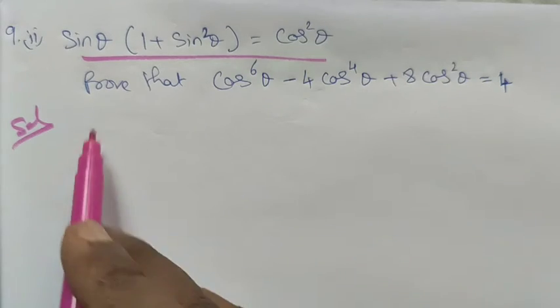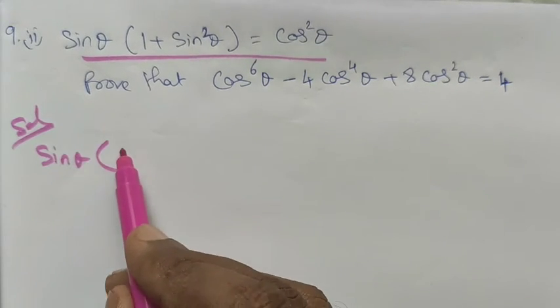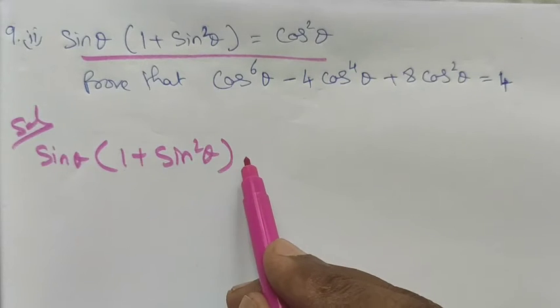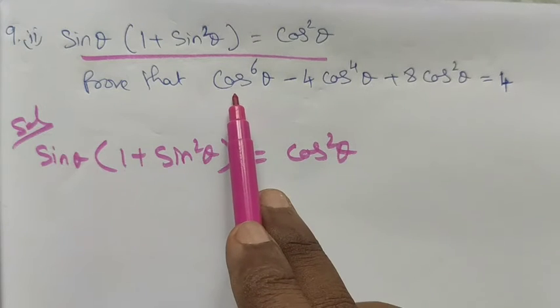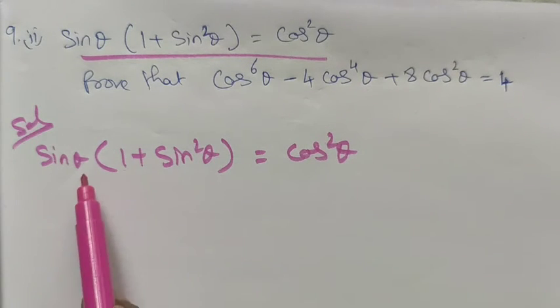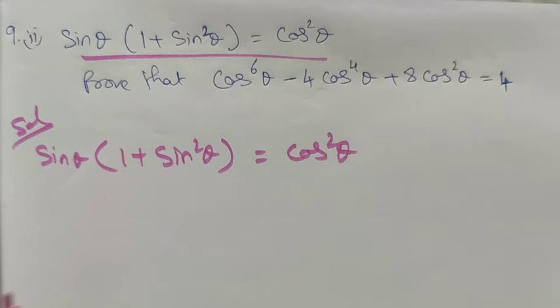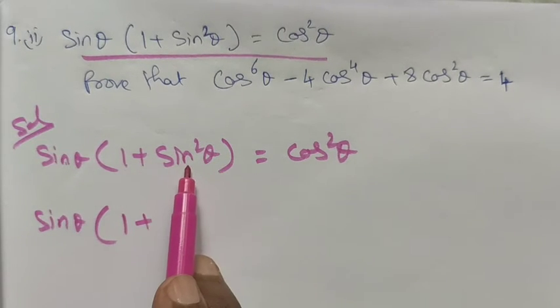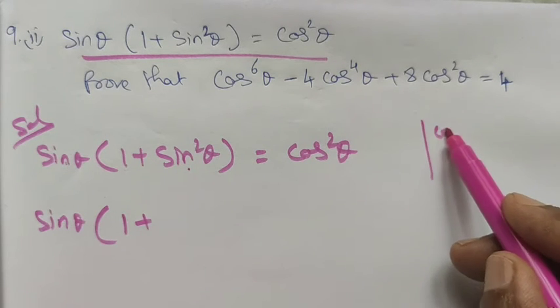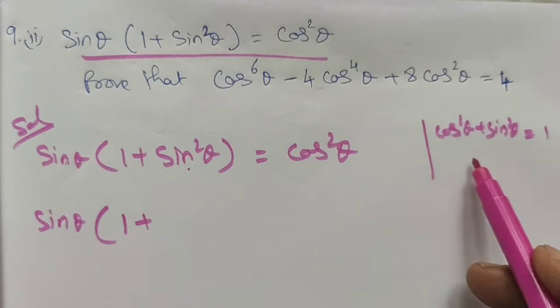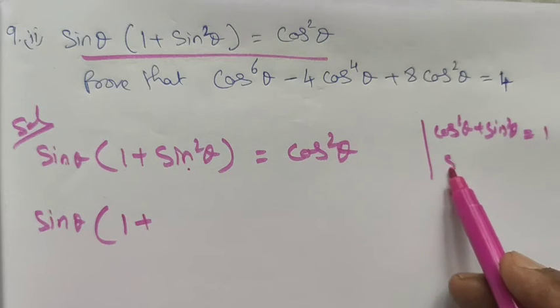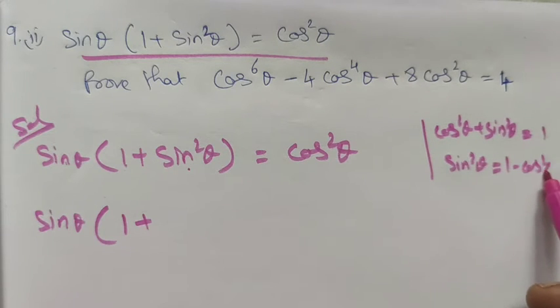By using the given term, we are going to prove it in cos. Right? Solution, the given term is sin theta into 1 plus sin square theta is equal to cos square theta. Now listen, we have to prove that all the terms are in cos. So wherever we have the sin, try to convert into cos. Here we have sin as it is, we cannot change it into cos. So as it is, 1 plus, here it is sin square theta. We know that cos square theta plus sin square theta is equal to 1, right? So we need sin square, means I take this cos square to another side. So sin square theta is equal to 1 minus cos square theta.